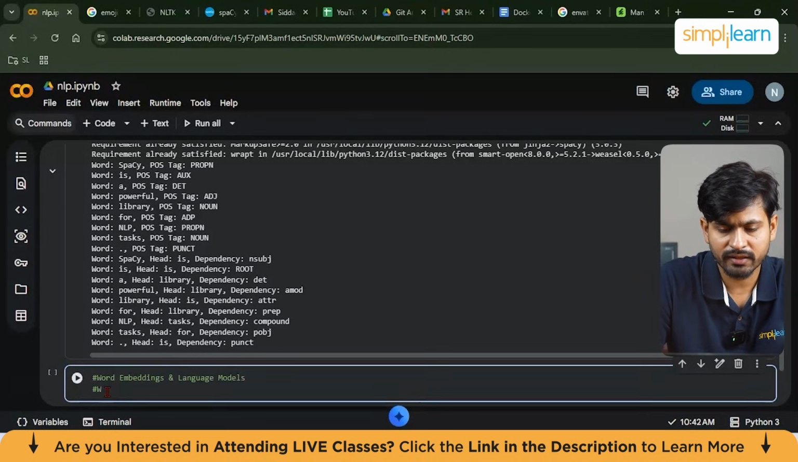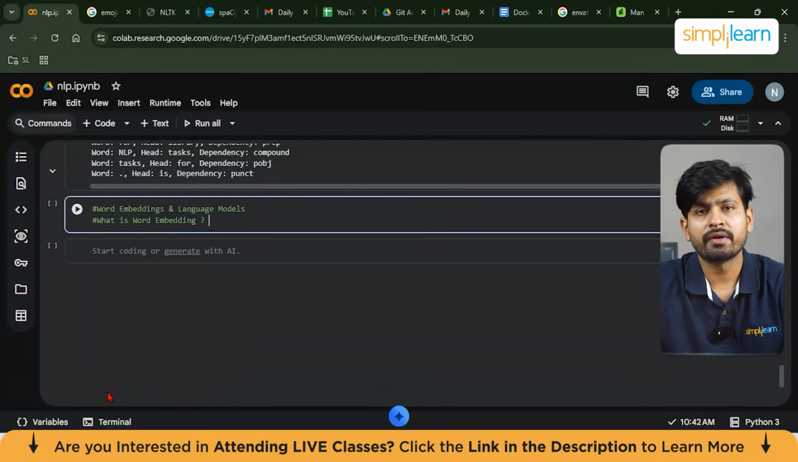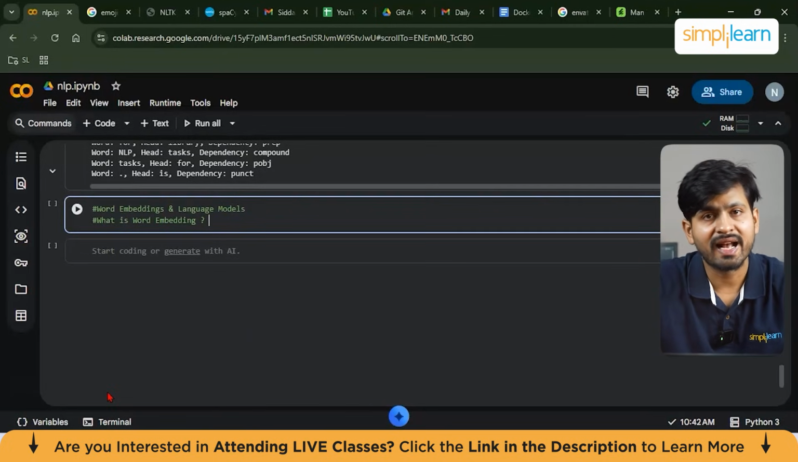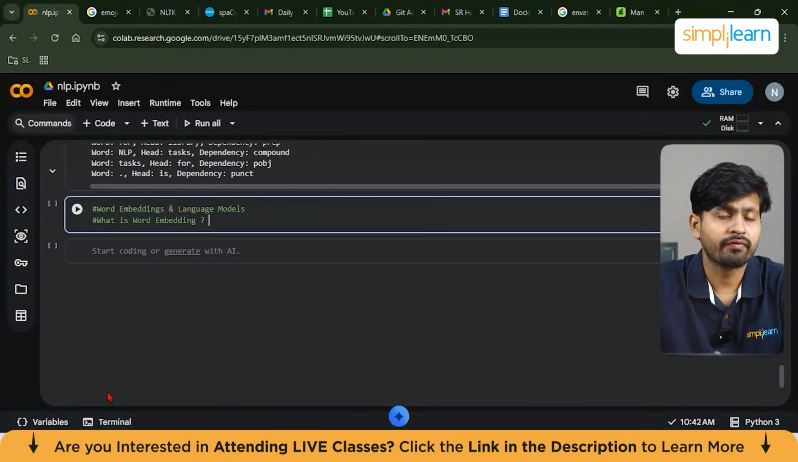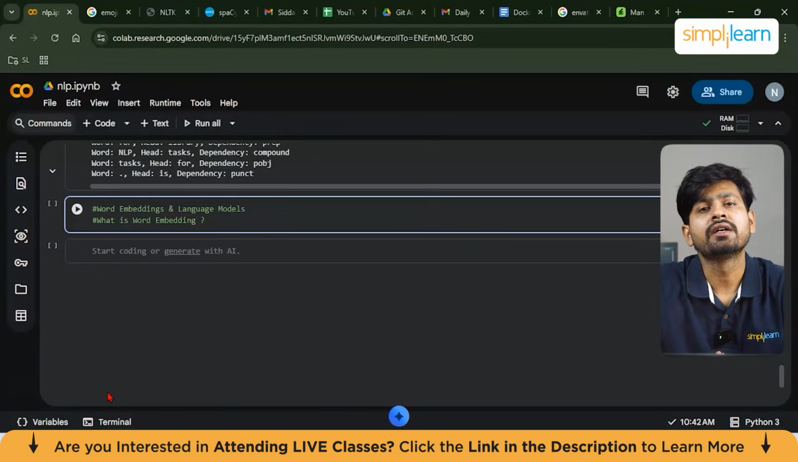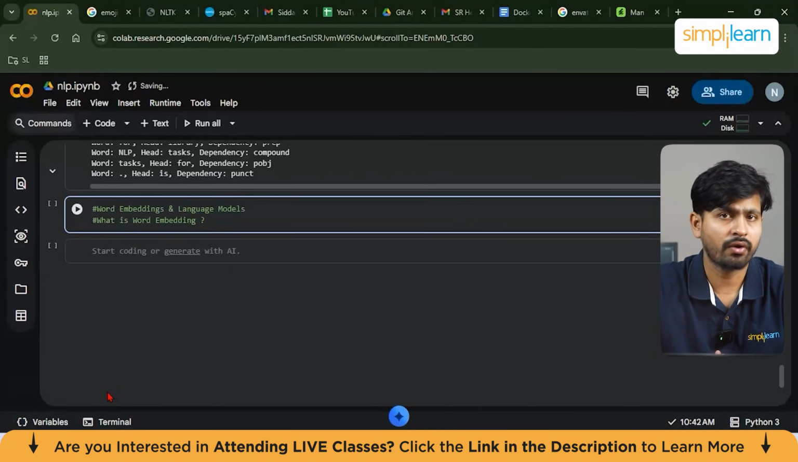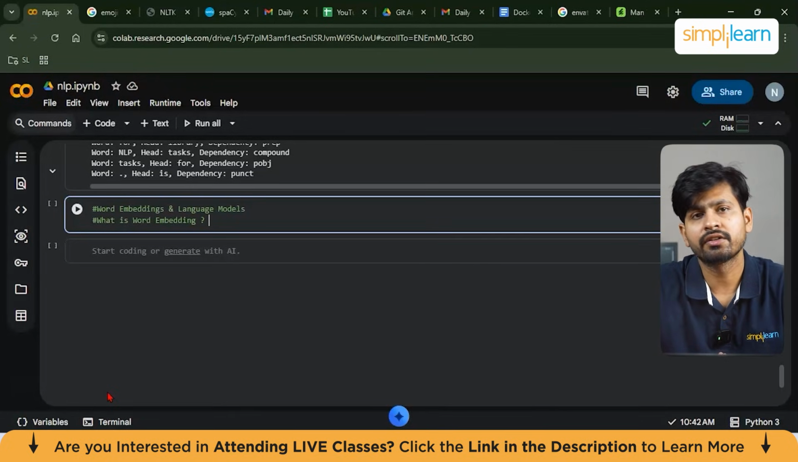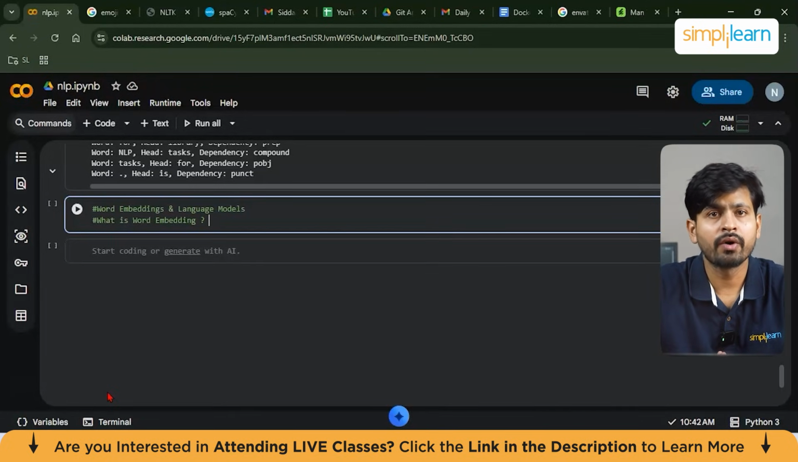What exactly is word embedding? So word embeddings are a way to represent words as numbers. We call them vectors as they capture their meaning. So unlike traditional methods where each word is just represented by a 1 or a 0, as we have seen in one-hot encoding, word embeddings create dense vectors that tell the computer the meaning of the word and how